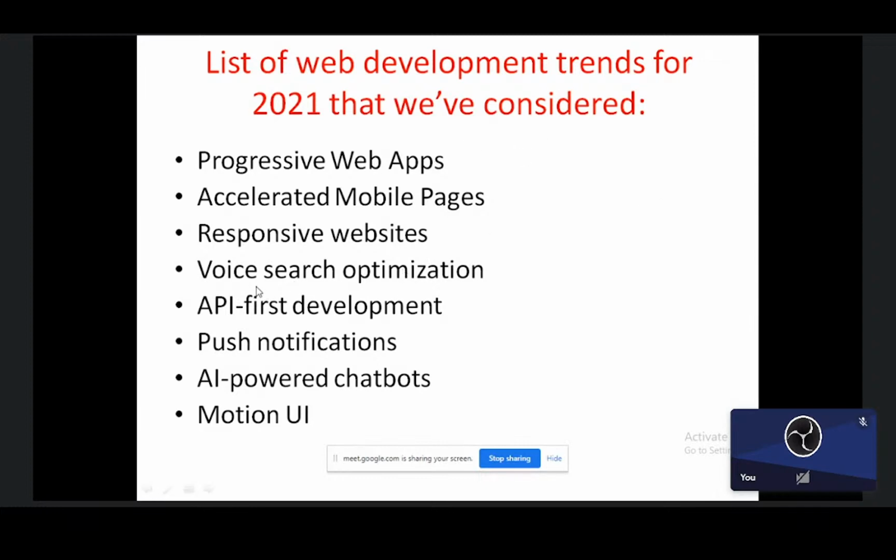And there is a very recent trend, that is voice search optimization. For this area, we can have the Google Voice API, that is the speech to text API, through which we will work, right? And we focus on API first development. This saves lots of time, and we focus on push notifications, and we build AI powered chatbots and motion UI. So these are the latest trends which students or learners should focus on to make them industry ready with